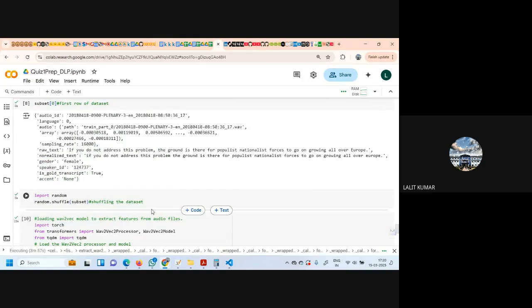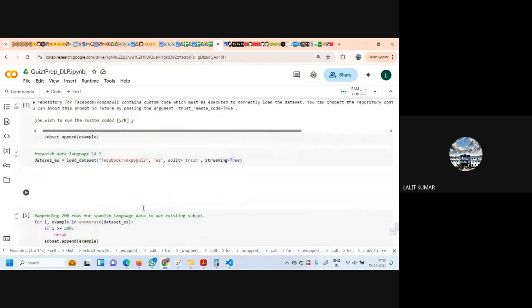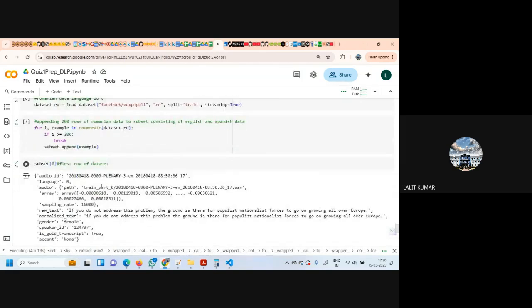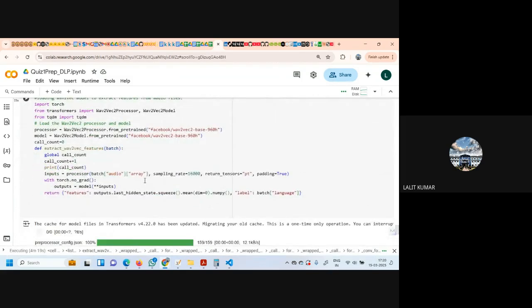We are extracting the features using the wav2vec processor, and then we are passing through the model. So the wav2vec processor is extracting the raw audio from the array in this function here. So it has got two parts. First of all, it is calling the processor. It returns all those in the tensor form, and then we give it to the model.